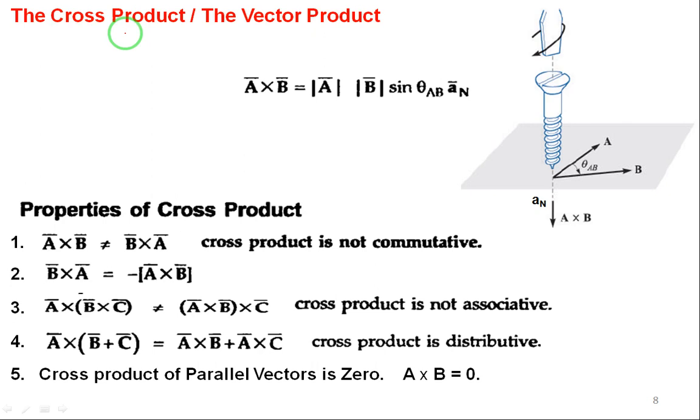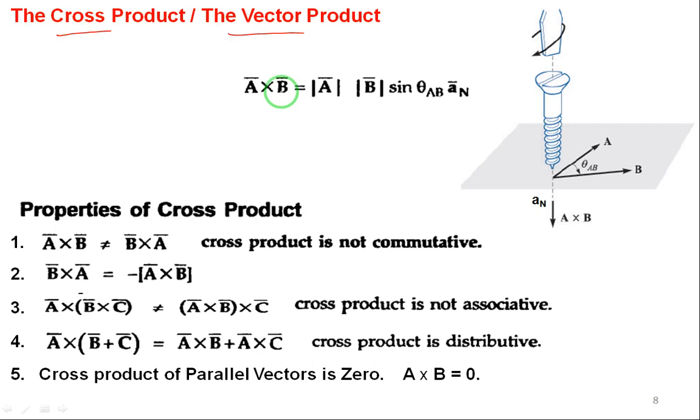Okay, next, in the previous class we have studied the dot product. Next we'll see the cross product, also called the vector product. This is once again the multiplication of two vectors, right? Cross product is also called the vector product, because the cross product of two vectors once again gives me another vector, but the dot product of two vectors gives me a scalar quantity. I will always repeat: the dot product of two vectors is always a scalar quantity, and the cross product of two vector quantities is once again a vector quantity.